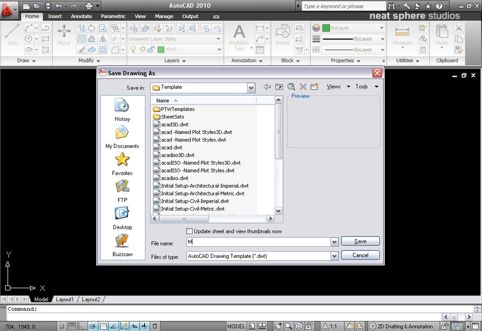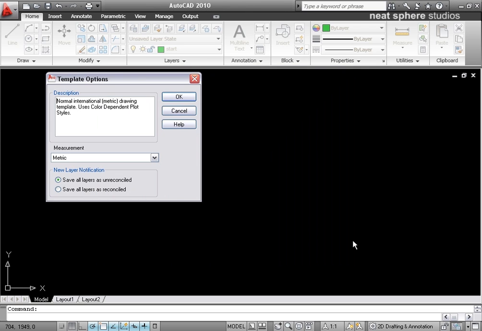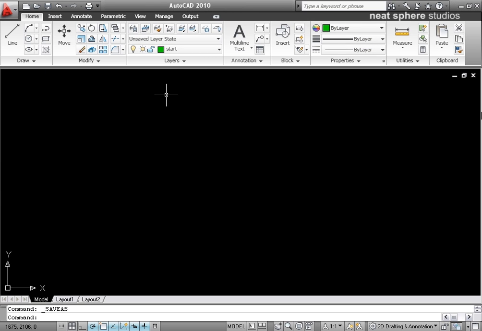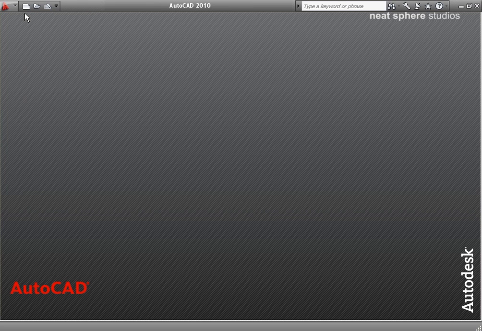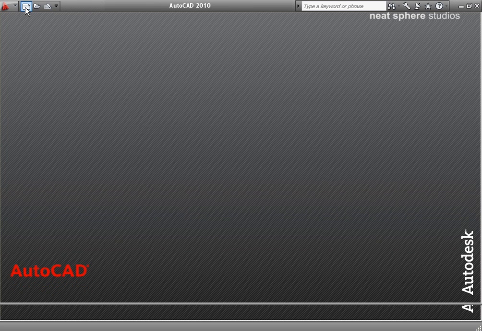Now I'm going to call this my start file. Again, very facetious. Obviously you call them whatever you need to call them, and I'll save that. So I've got a little bit of a description that I can put in here, a little bit of data. We can talk about reconciled and unreconciled layers, which we'll talk about in our preferences a little bit later, and then I'll click on OK. So I'll close this drawing down, and I'll say new template,